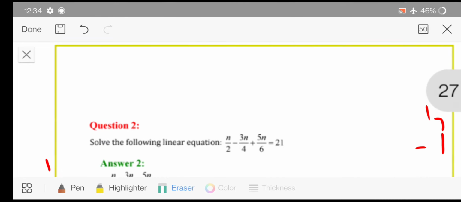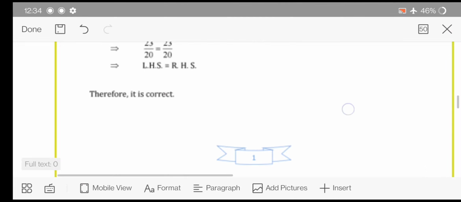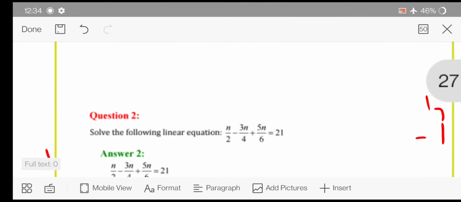Okay, dear students. So my dear students, this is how you can solve the questions if they are in rational numbers or if they are in the format of fractions. Okay. Now in the next video we will see how to solve the sums of the next exercise.